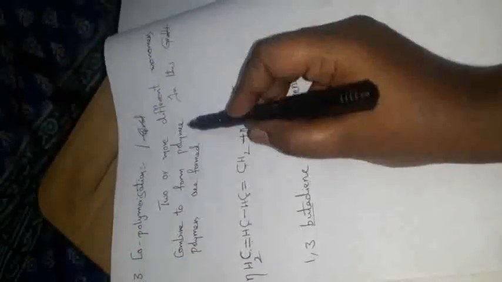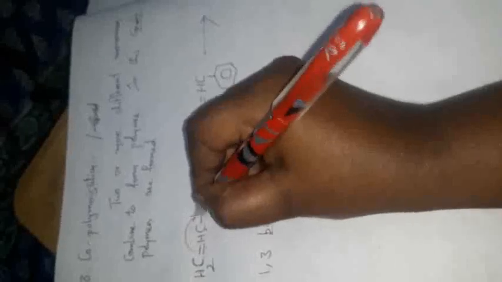Now we have to take 2 or more. I am taking the 2 monomers to combine to form a polymer. What type of polymer? Graft type of polymer. Let's see how. Now we have to remember 3 things. First one is shifting of a double bond. Where is the double bond? Here. So look at here. Here there is a presence of double bond. So it is shifted from here to here. Next, here the double bond can shift from here to here. Next, here the double bond shifted to here. Where you found the double bonds, you shift one of the 2 double bonds.